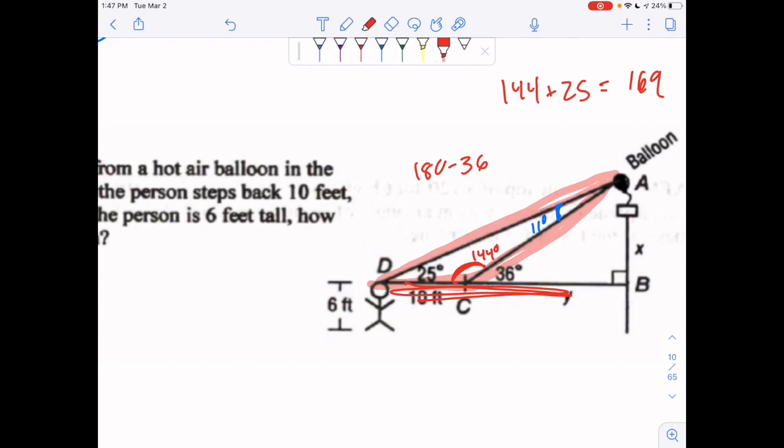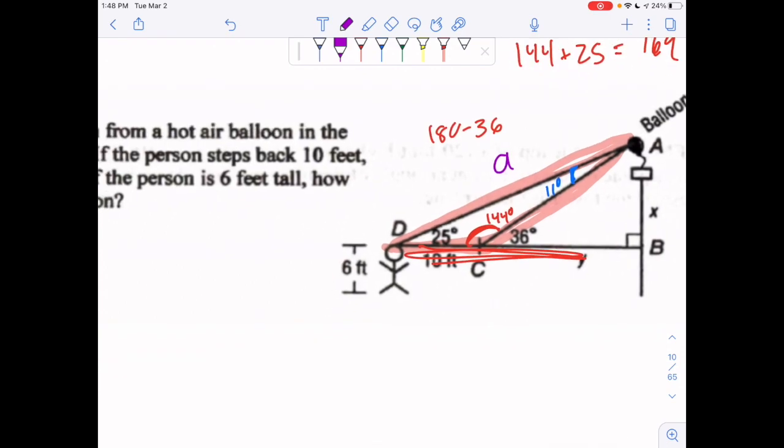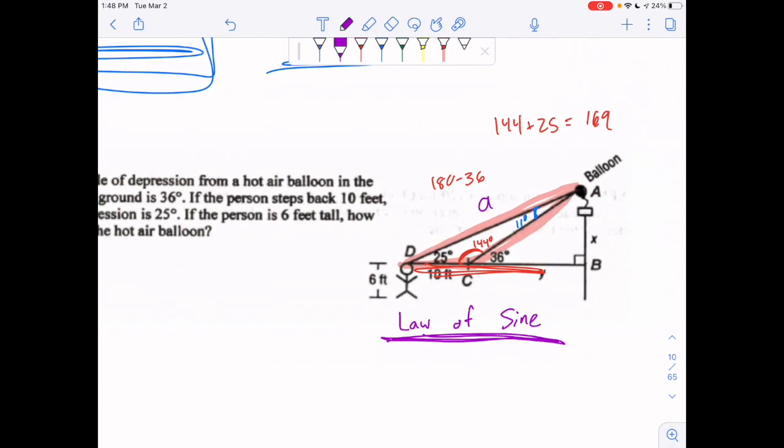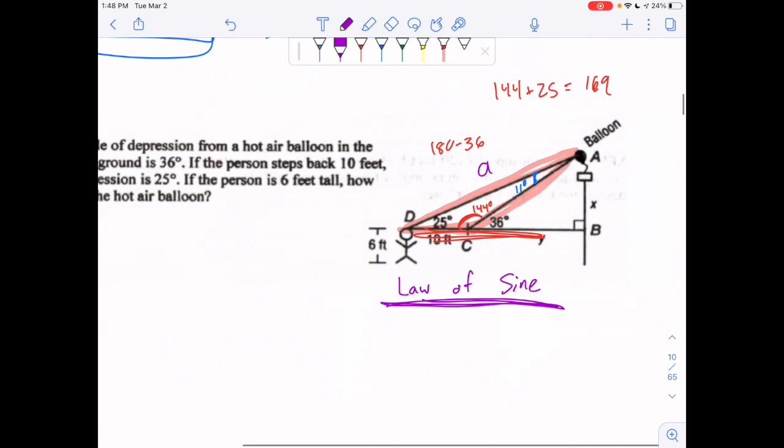So if you're going to focus on that triangle there, you want to actually solve for this, let's call it A. Okay, you're going to solve for A there. You're actually going to use your law of sine here. I'm going to show you guys how this works. Again, if you're cool with the double tangent way, do it that way. If you want to try to learn the shortcut, you totally can. So you go solve for A there, right? So it's going to be A over sine 144